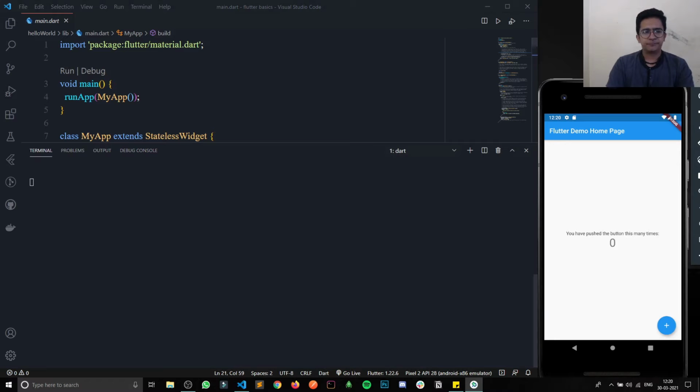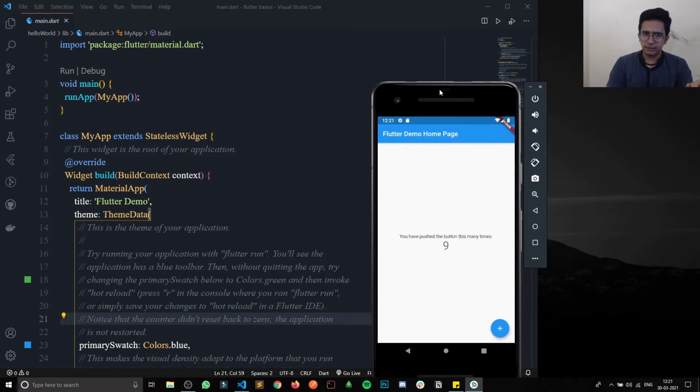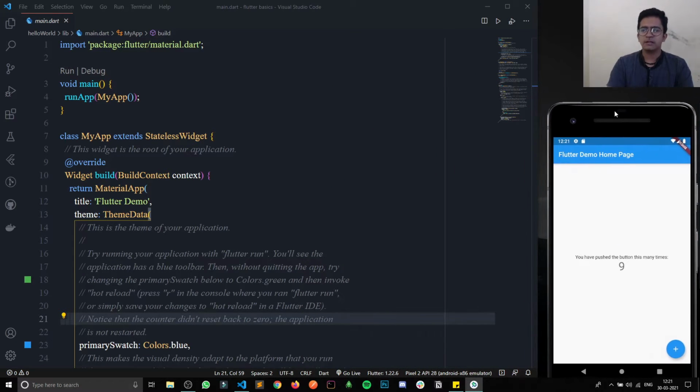So finally, yeah, the app has been run. So let's see what this app does. It is basically just addition of numbers. We just click on this plus button, and it will increase the number from 0 to plus 1, plus 1, plus 1, like that. That's it. This is a simple app which has some basic structure like an app bar, a screen and a button. Okay, and changing of values, that too is an important part.